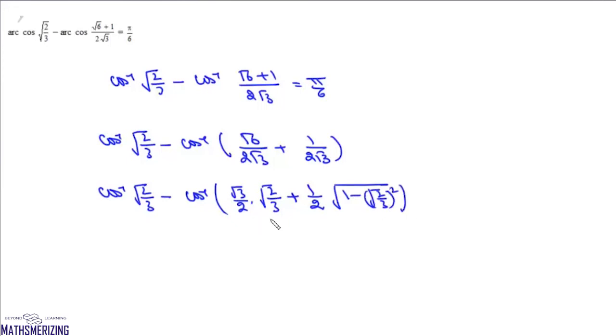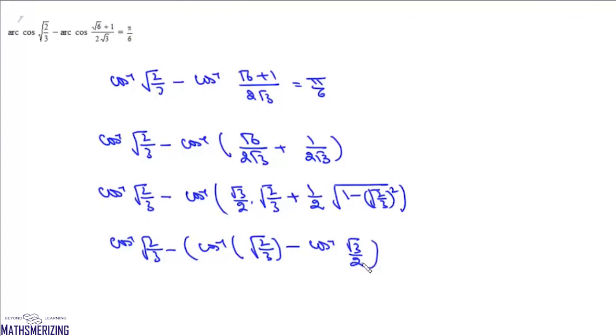Now this is cos A cos B plus sin A sin B. Now this is cos inverse of xy plus under root of 1 minus x square into under root of 1 minus y square, which is nothing but cos inverse x minus cos inverse y, where x is less than y. So it will be cos inverse under root 2 by 3 minus cos inverse root 3 by 2. Now here cos inverse root 2 by 3 will cancel. So we'll get this result as cos inverse root 3 by 2, which is nothing but pi by 6. And that is the answer to this question.